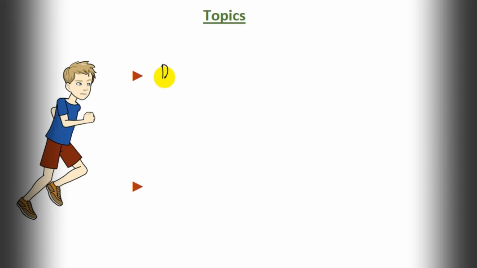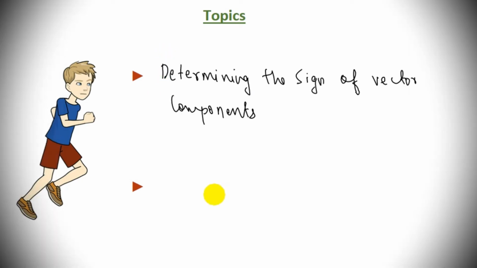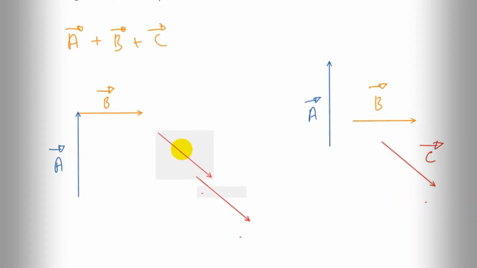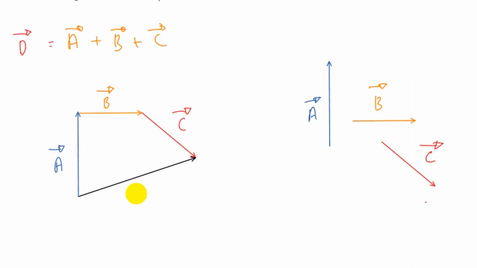The sign of a vector components, adding vectors graphically. So copy and then paste. Now this is our vector C. This would be the vector D. This would represent